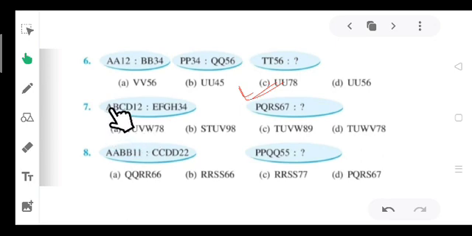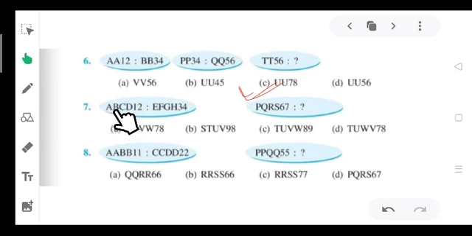How many letters did we skip in between to get E? 2 letters, B, C. And after B, F, we have skipped C, D. Then after C, again 2 letters jump, D, E. C, D, E we have jumped, and then it should become A and then E. A, B, C, D. B, C, D. 3 letters we have jumped, not 2. 3 letters. B, C, D we have jumped.